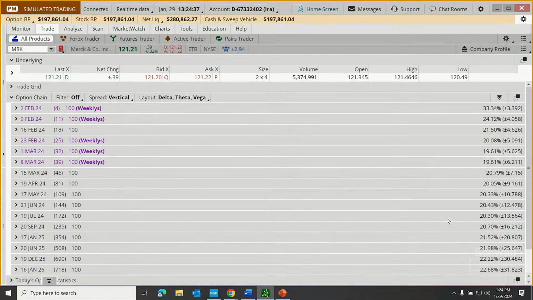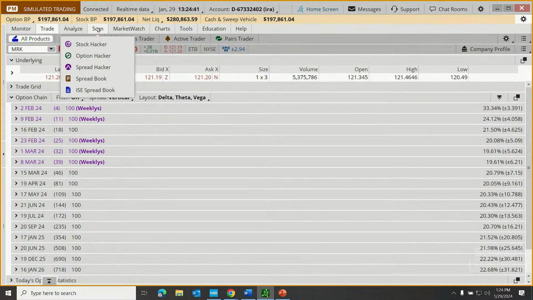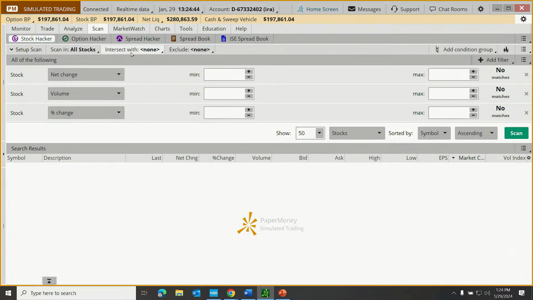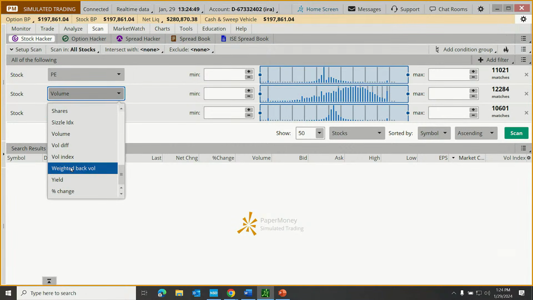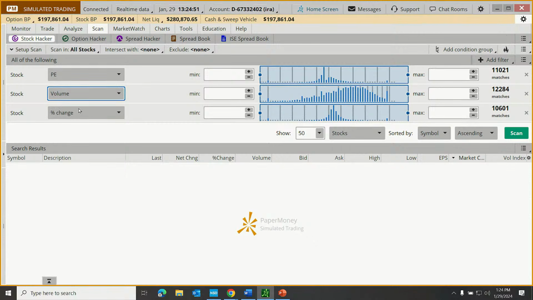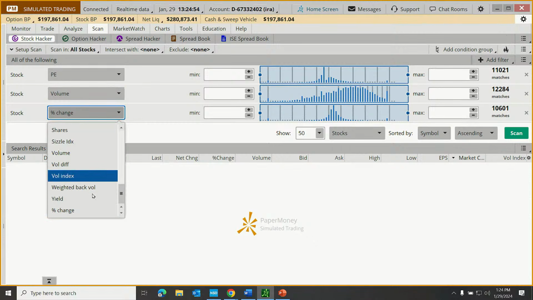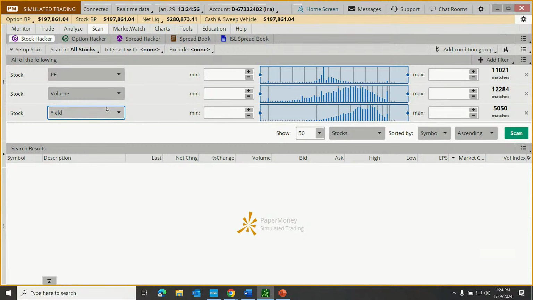Okay. Now the final thing that I do want to point out here is that if you've run a search, let's say that you've created a scan, maybe you're looking for a certain PE ratio with a certain volume trading on an average daily basis and a specific dividend yield. When you've run that search, you have bid and ask prices right down here. You can actually just click on the bid or the ask to place an order right from the scan page for a trade that you're interested in entering into or potentially selling.